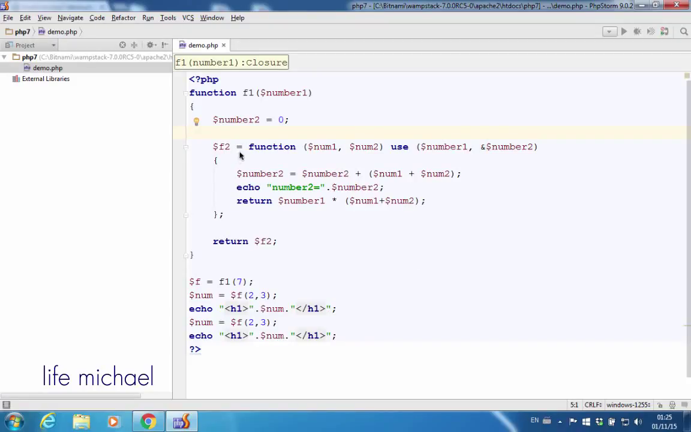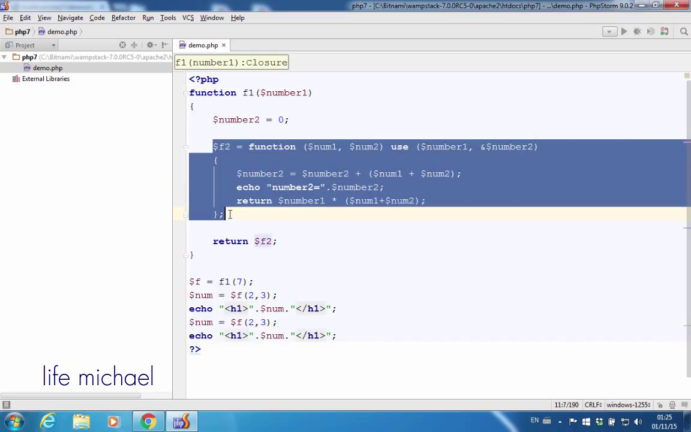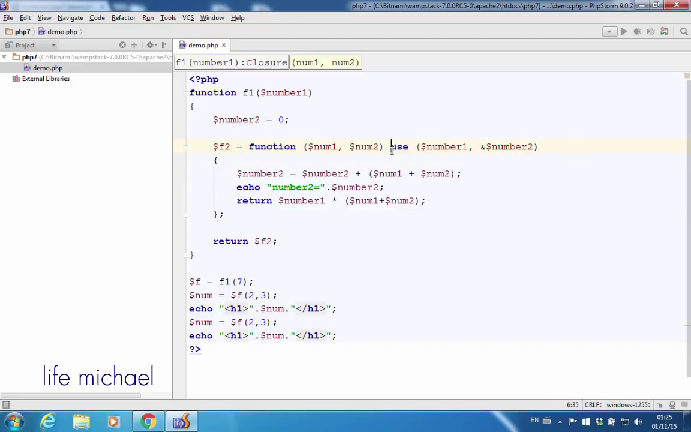Here in this code sample, we have the definition for a function, and inside that function there is another function. This inner function is actually a closure, and here we use the use keyword in order to specify that we want to allow this inner function to access $1 and $2, two local variables of the outer scope, the outer